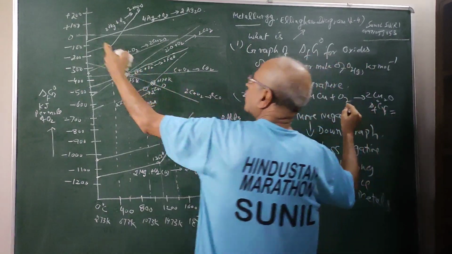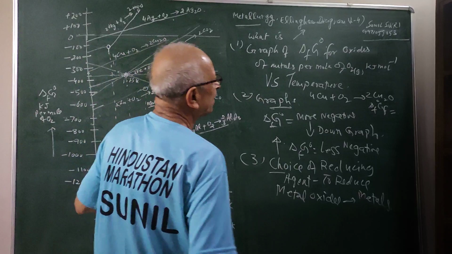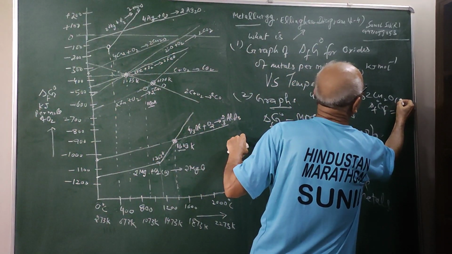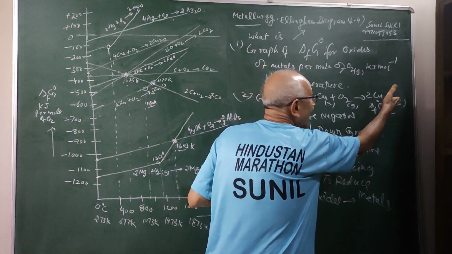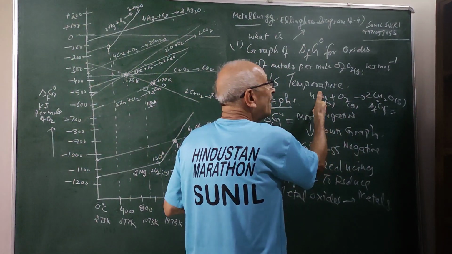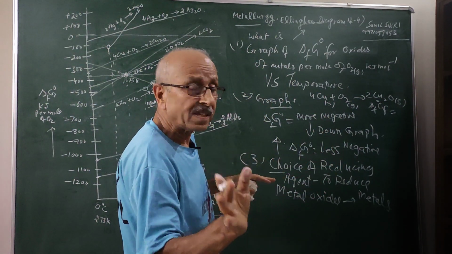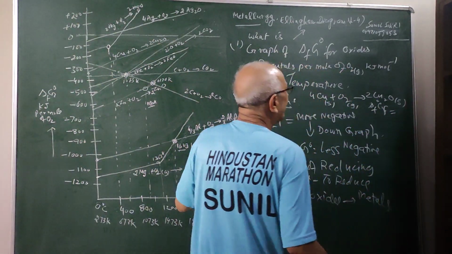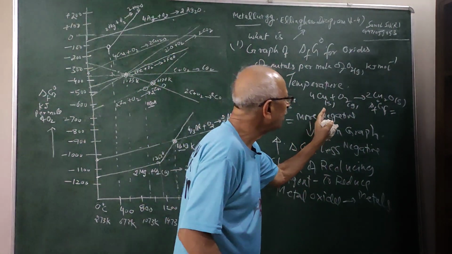The values are shown on the y-axis, and on the x-axis I have the temperature. This was solid, this is gas, and this is also a solid. You will see that the melting points of the oxides formed are higher than copper, so they are not going to be melted when we do the reduction processes, because the lattice energy of these oxide compounds is quite high, so their melting point will always be higher than that of the metal, which we have shown on this side.